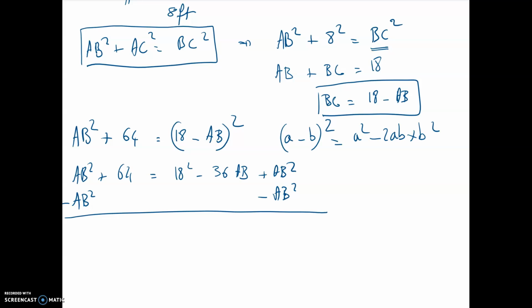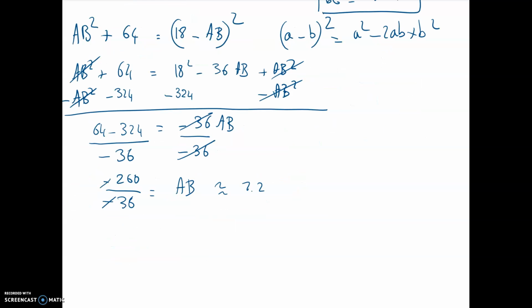And I can also subtract 18 squared. What is 18 squared? 18 squared is 324. So I'm going to subtract 324 right here and subtract 324 right there. AB squared cancels out. Fantastic, because now I got 64 minus 324 equals negative 36 AB. And if I'm looking for AB, I am going to divide everything by negative 36. And when you look at the division, you end up with a positive value of AB equal to 7.2 meters if